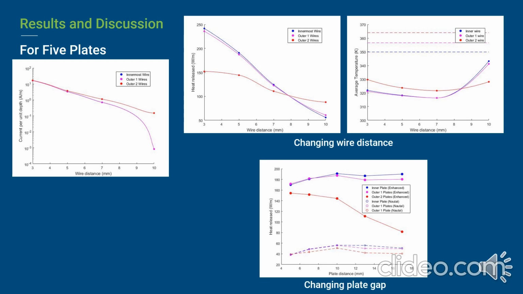One interesting thing about 5 plates is that there is virtually no difference between the innermost wires and the wires adjacent to the innermost wires. So both of them give a consistently similar curve of current versus wire distance, or current versus plate gaps. Even if we have 7 or more plates, we can still reduce the problem into inner and outer plates. These are the corresponding heat transfer characteristics and the reduction in temperature for constant heat flux boundary conditions.